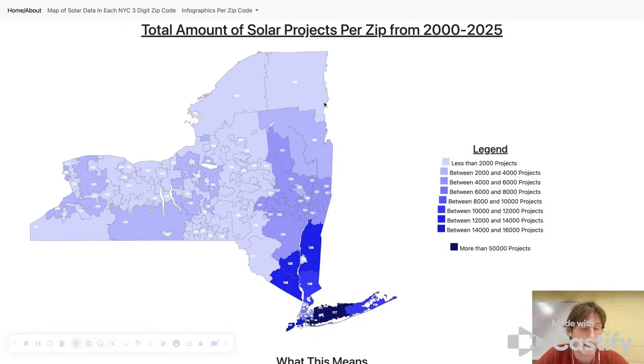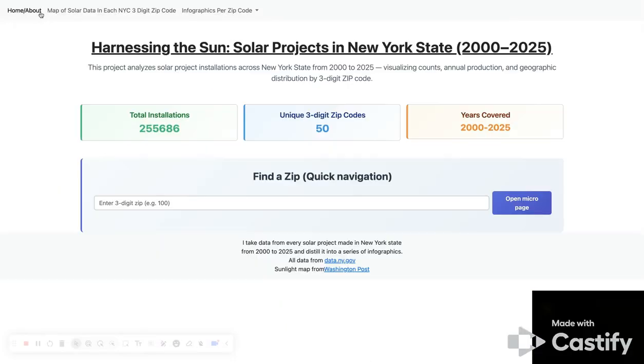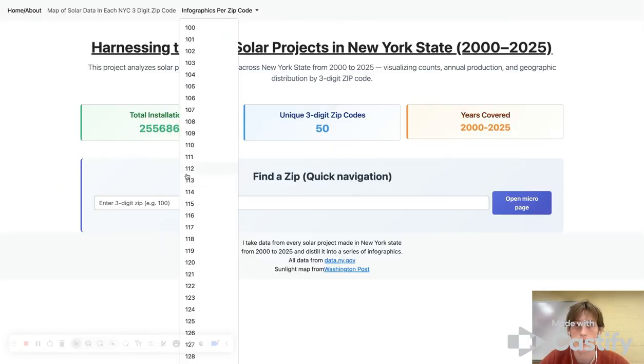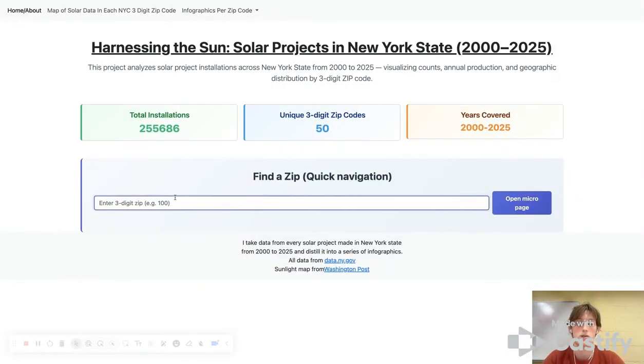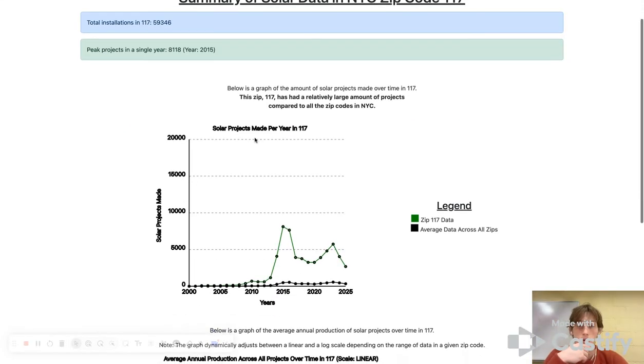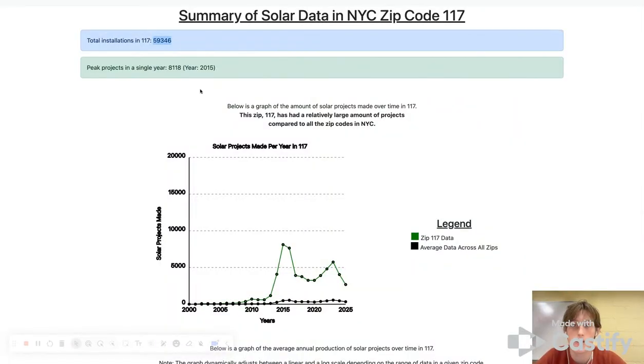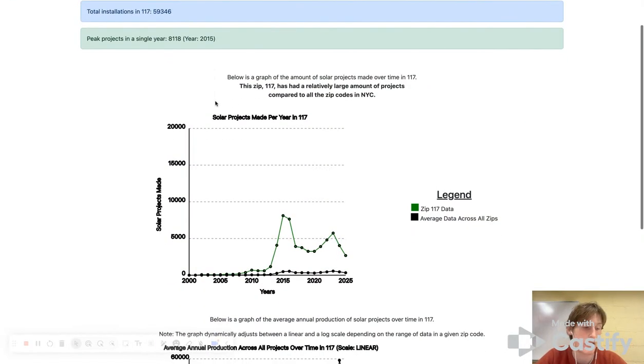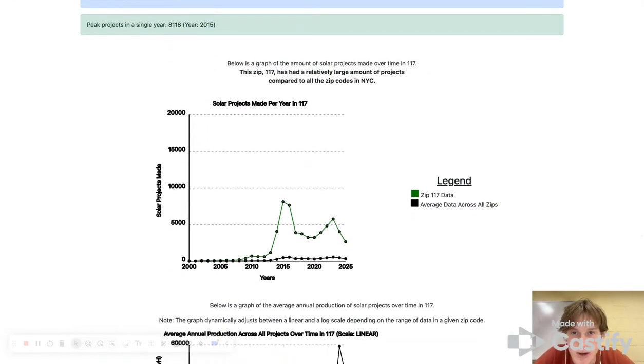And now getting into the micro pages. As I said before, you can get to the micro pages either by clicking this drop down or by searching for a zip code. So let's say I want to search for a zip code, say 117. Here we go. I see that there's been about 60,000 total projects,